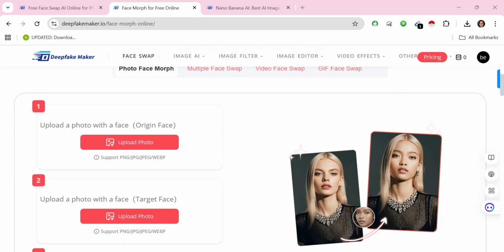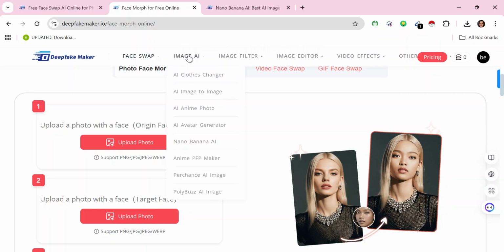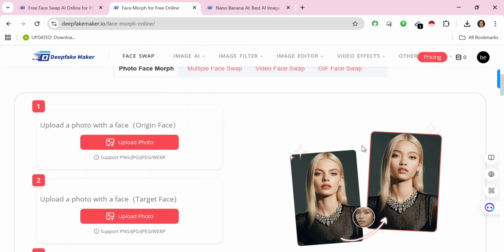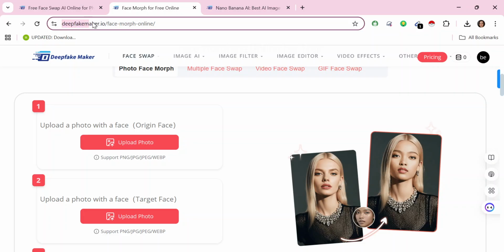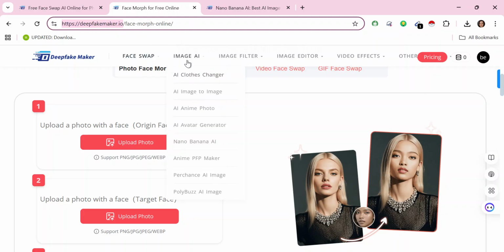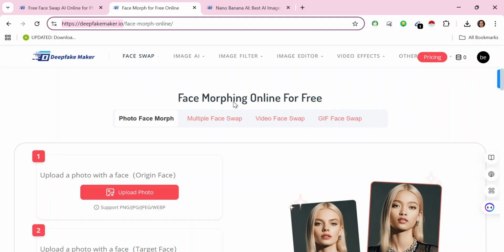Hello guys, and welcome to this video where I'm going to be showing you how to actually use the AI clothes changer on this really cool AI website I found called DeepFakeMaker.io. So all you have to do is, when you go to the website, sign in and